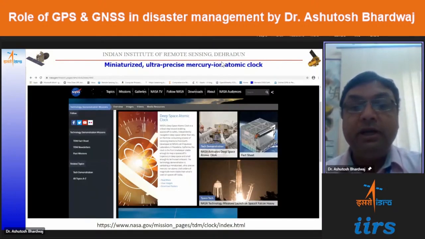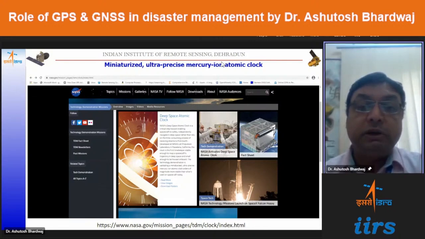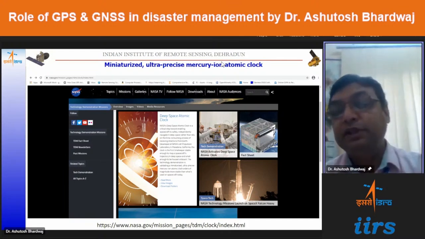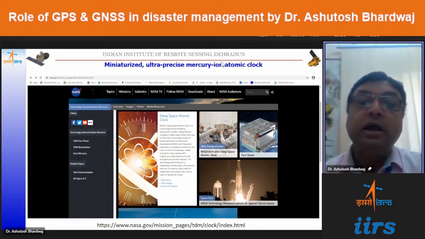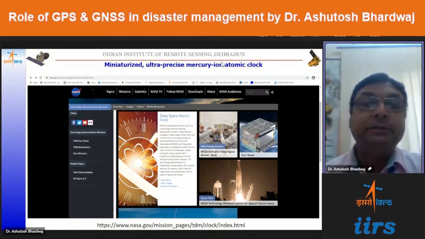So now we have a deep space atomic clock experiment also, because the space missions are going far distances away from the Earth and the signal takes a lot of time. So they are having experimentations for independent movement of the satellites and various missions in the due course of time, which will develop. We do not know exactly how far, and how much time it will take, but